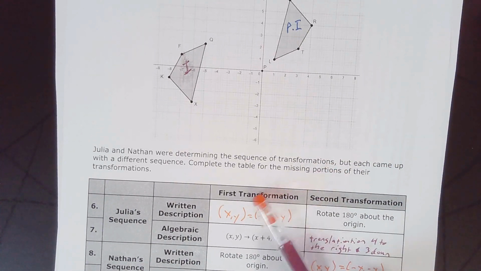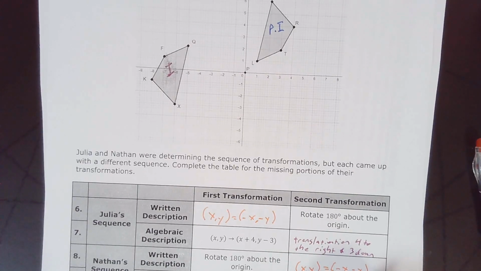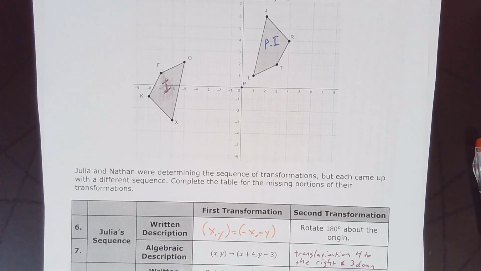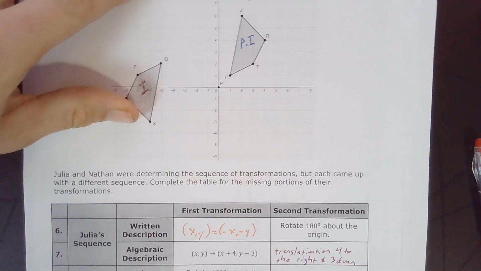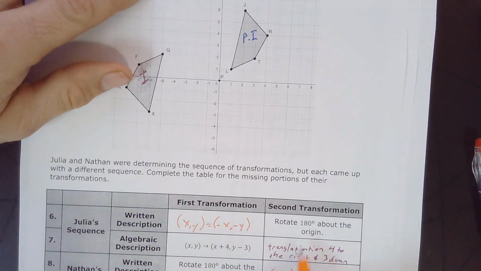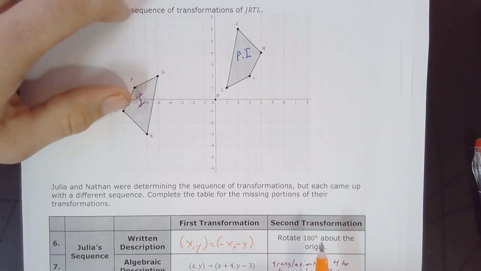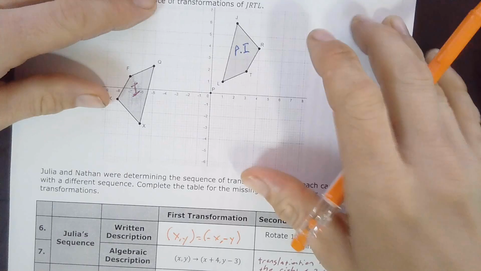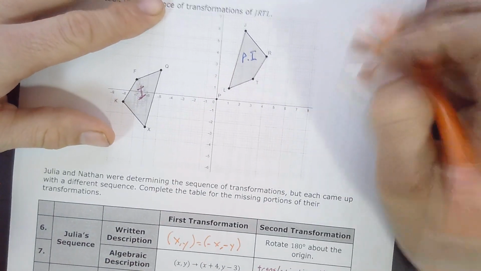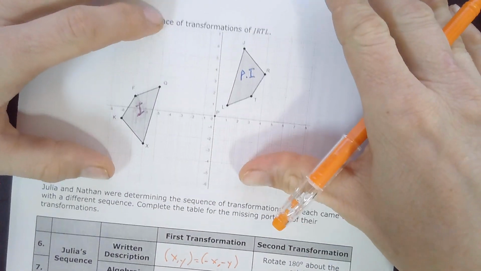Let's do a rotation of 180 degrees. This is what I think is correct. So let's see if I'm correct, because I filled in what these things are, and I think both of them are going to be correct. All right, so let's take for rotations. I always like to do a